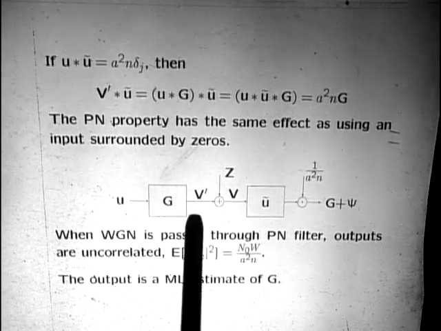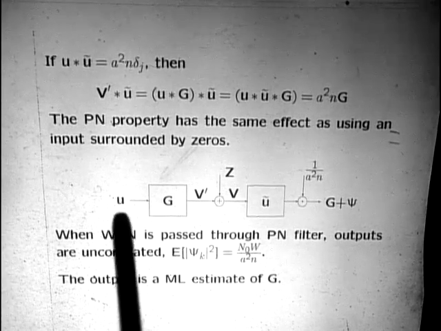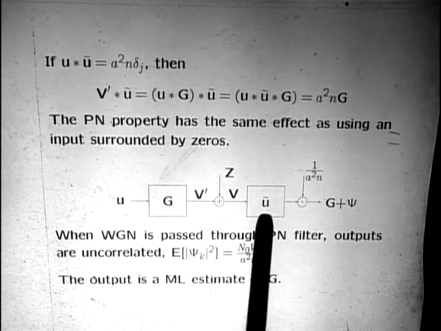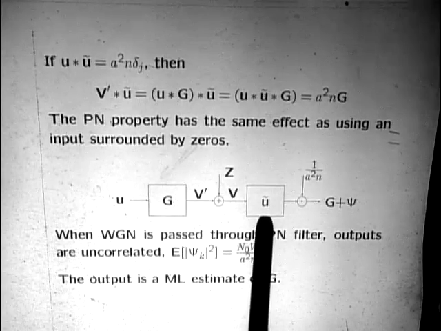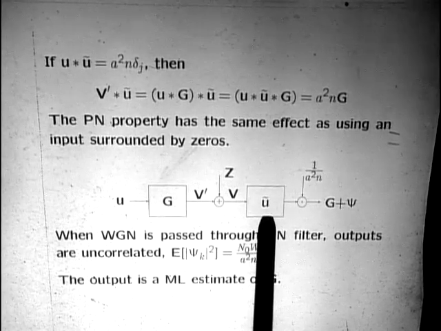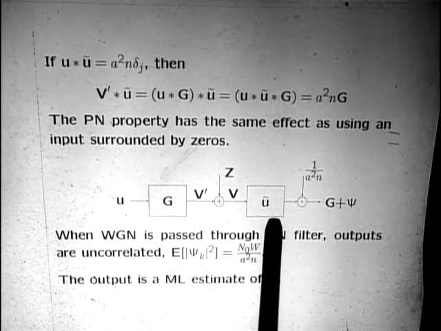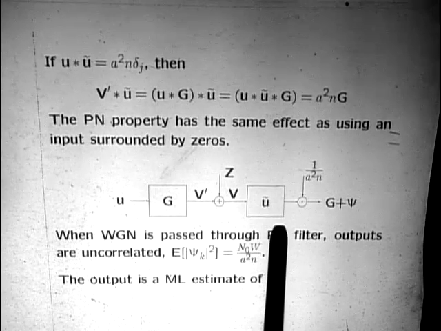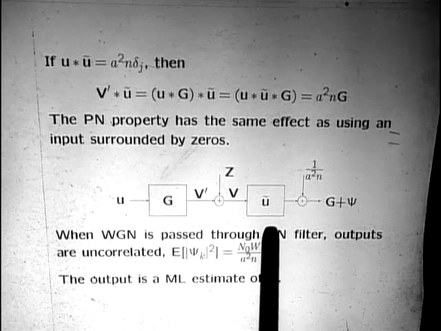Okay, so we have the output of this filter, which is u convolved with g. We're then convolving that with this matched filter u tilde, and now we use the nice property of convolution, which you probably don't think of very often, but the nice property that convolution has is that it's both associative and commutative. Okay, and therefore